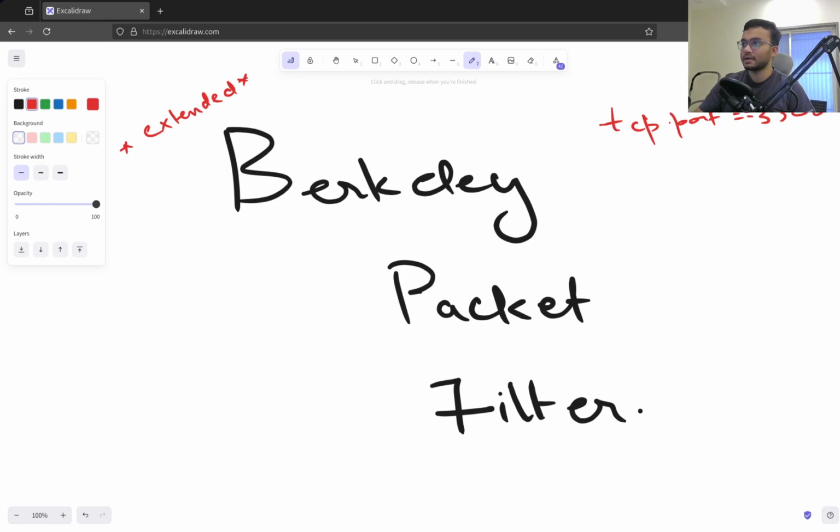It's double equals. And similarly, you have the ip.addr check, which you can add for your IP address, which essentially lets you filter IP addresses, or you can filter your TCP traffic if you want to take a look at one particular application's traffic. Anyway, that's how the Berkeley packet filter started initially, and it eventually made its way into